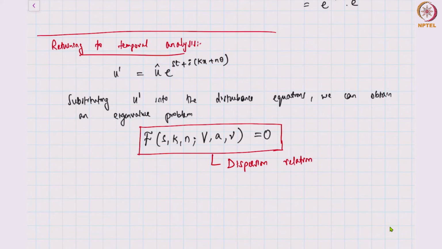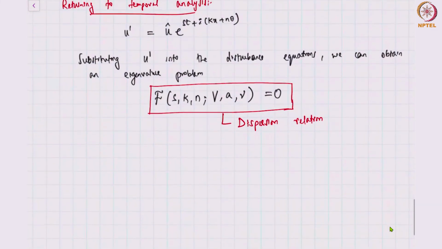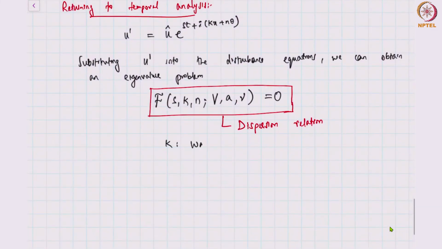It tells you how this complex growth rate or complex frequency S depends on the wave number K. This is a wave number. K is an axial wave number and